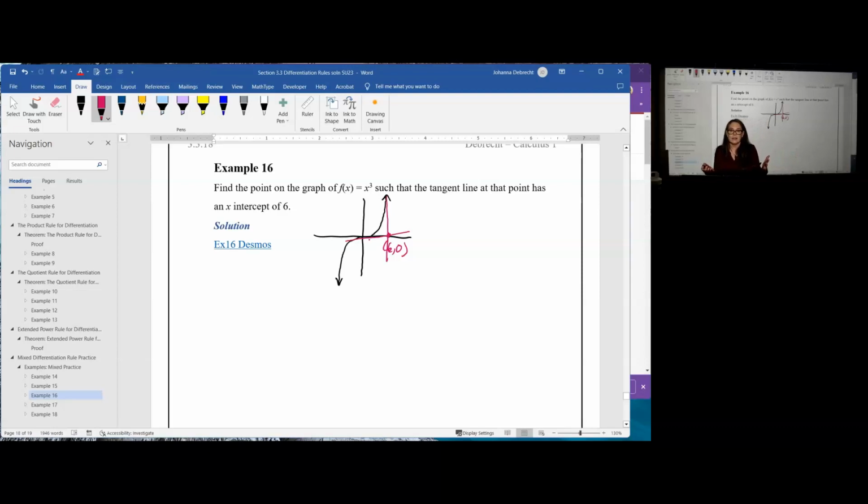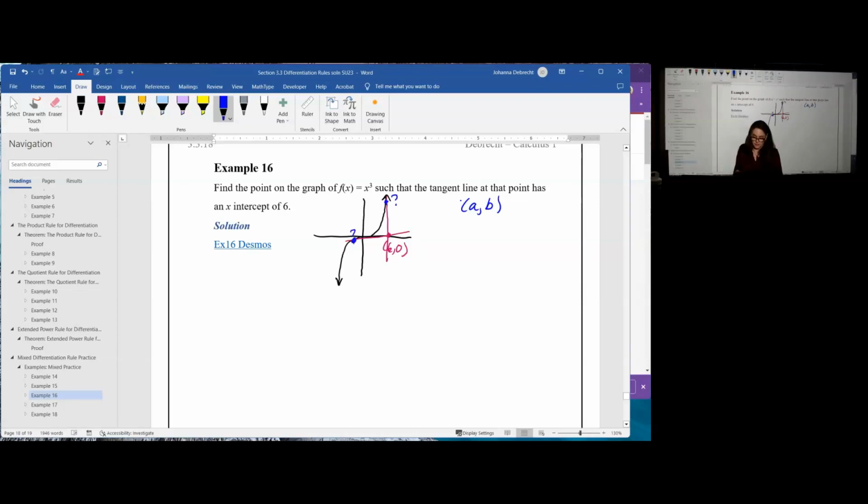I can't tell. So I'm going to have to solve the equation without even knowing which side I'm looking at. Now, what does it mean for the point to be on the tangent line and on the graph of f? In this case, being on the graph of f, let's let our point on the tangent line here, or maybe here, we don't know,